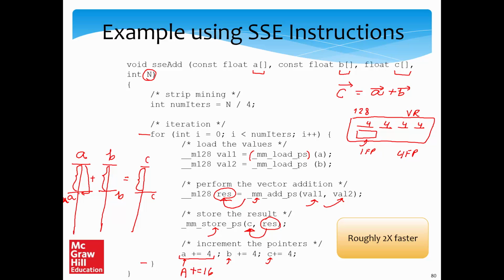Again, we consider the first 4 floating point numbers from here. We add them pairwise and store them in C. And again, we update the values of A, B, and C. So we continue this till these entire arrays are scanned, and we add them pairwise, and the results are written into C. So you're welcome to take this program and run it. It should run on almost all Linux and Unix like systems which run on x86 processors.